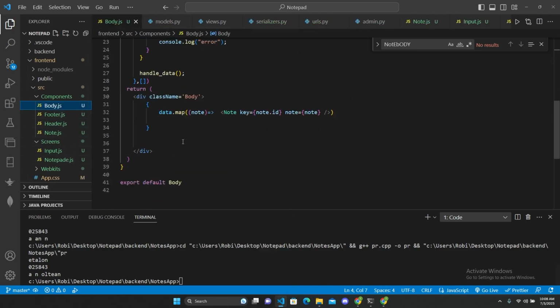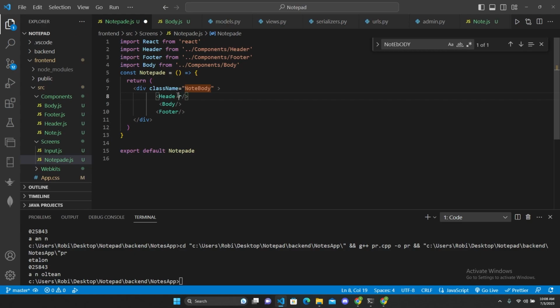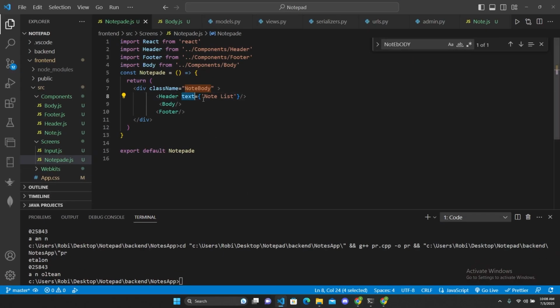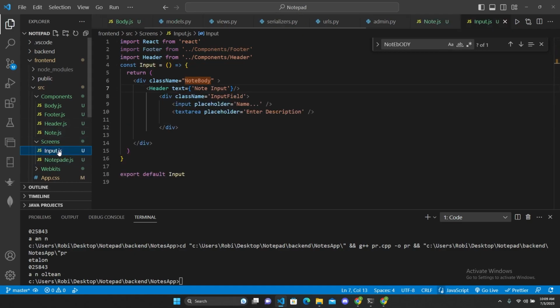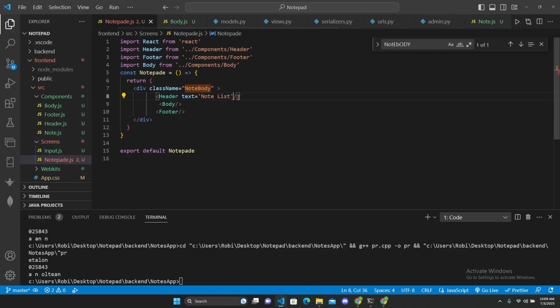So when we are on the main page, in the note page, here we are going to send the text as note list. What's the problem? Text equal to note list. So we are sending the text from the body as the note list, and we are sending from the input for the header as the note input. Maybe it's because it's just a string, it shouldn't be like an object, so it's just a normal string. Okay,